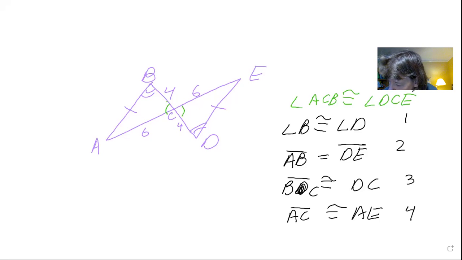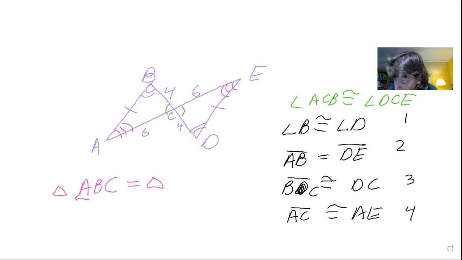So because of the third angle theorem, I'm going to add this in pink. We know that angle A is congruent to angle E. And now we know, because all 3 angles are congruent and because all 3 sides are congruent, we now can write a congruent statement. So the congruent statement we can write is triangle, and it doesn't matter what order you do the first one. I'm going to do triangle ABC is congruent to,